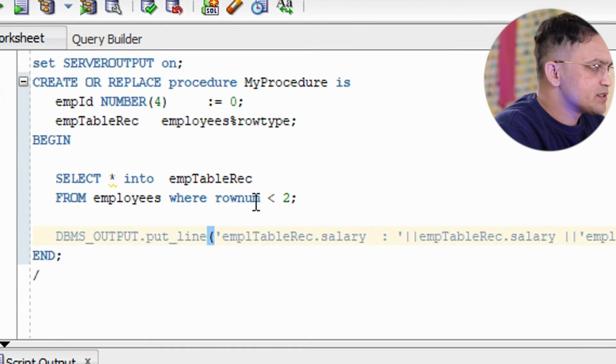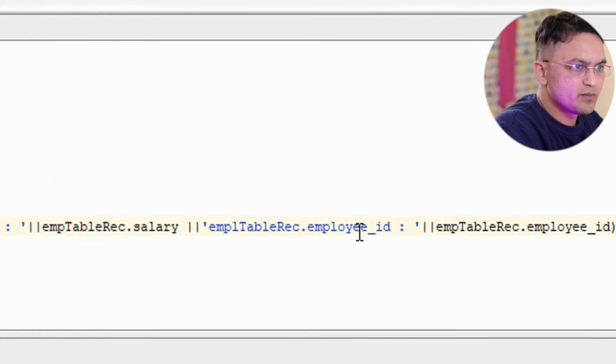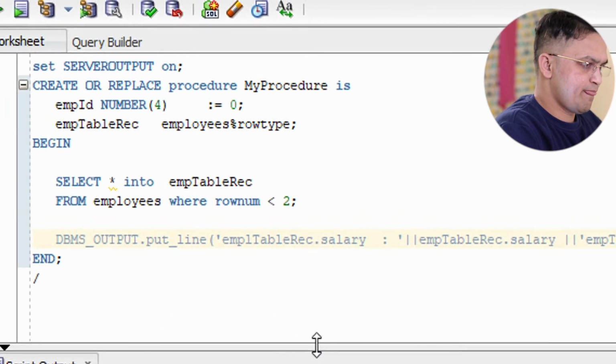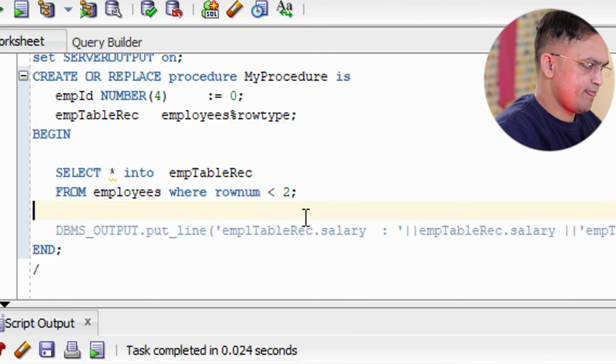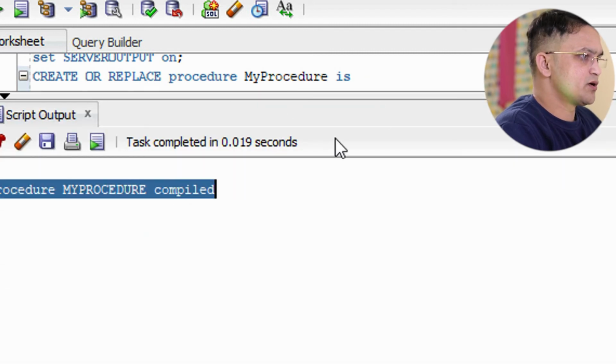So is there any issue? Yes, there is an issue, which is nothing but this one. Okay, so you can see over here this got compiled.